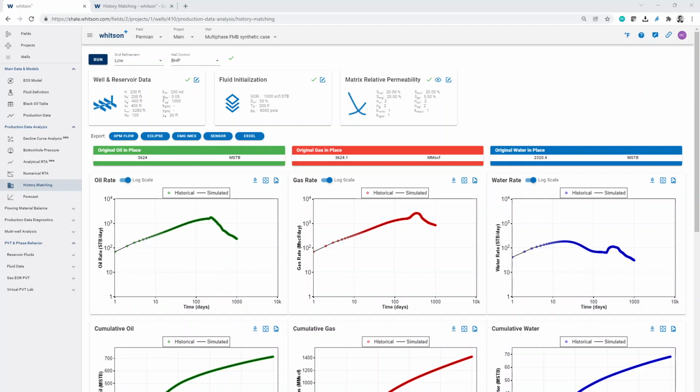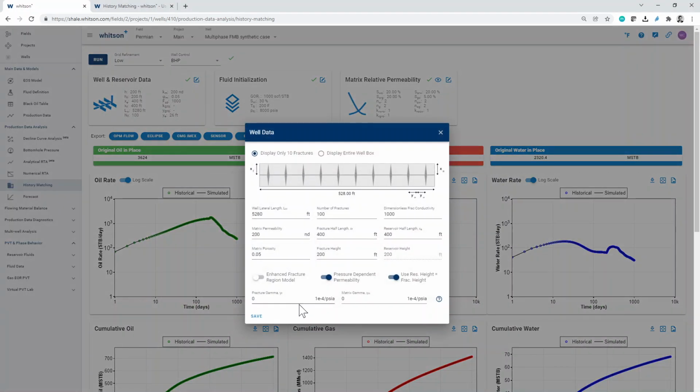So last week we looked at how you introduce pressure-dependent permeabilities in the fracture. This week we'll try to do the same, just we'll introduce it in the matrix. Again, to activate the pressure-dependent permeability inside of Whitson Plus, you need to open the so-called well and reservoir data